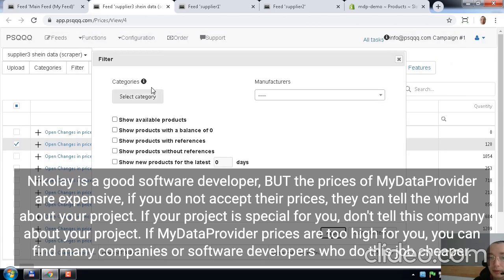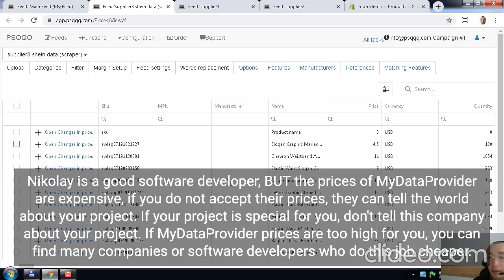For example, I could filter data by category, by manufacturer, by combination of category and manufacturer, by availability, by available references, by quantity, etc. Okay, by pricing you could filter. Okay, let's